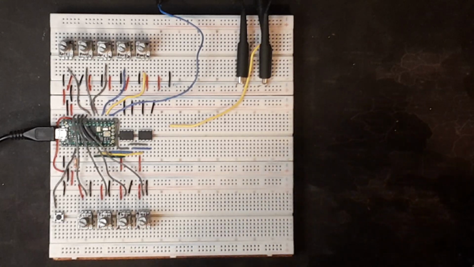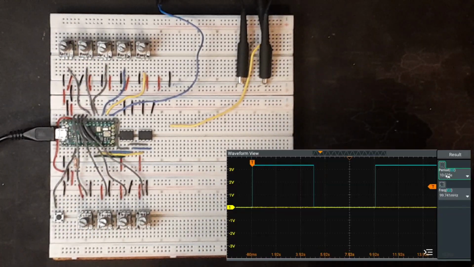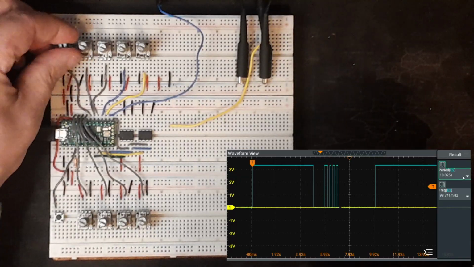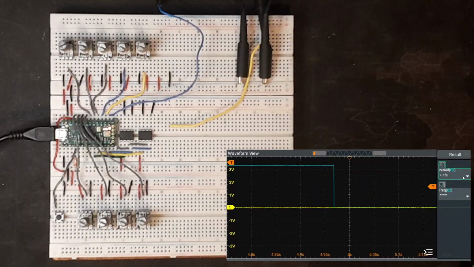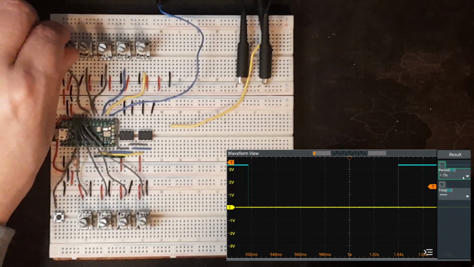Right, so this is my new Teensy LFO, and I've got a rate control here. You can see that it's got a minimum period of 10 seconds, and it can go right up as fast as 10 hertz, 11 hertz, something like that. So I'll just zoom in. So I can control the rate with this knob,